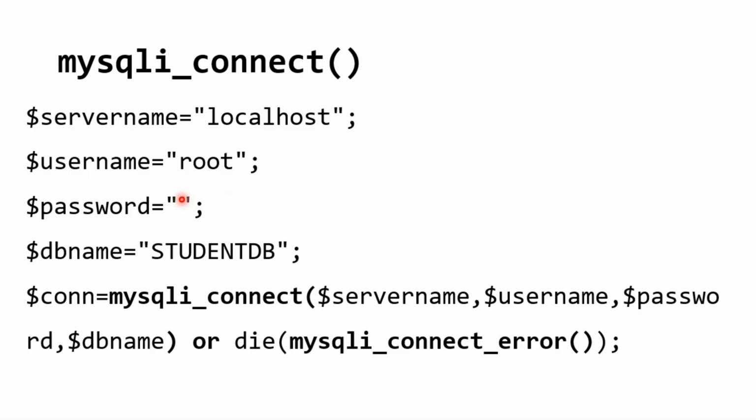So when you actually host your website in public domain, you have to change your username and password for security purposes. Then database: in the first part of the explanation, I created a database in XAMPP called StudentDB. I'm using that database because inside StudentDB I have the student table which I want to access. This is how I execute mysqli_connect, and I pass the server name, username, password, and database name.